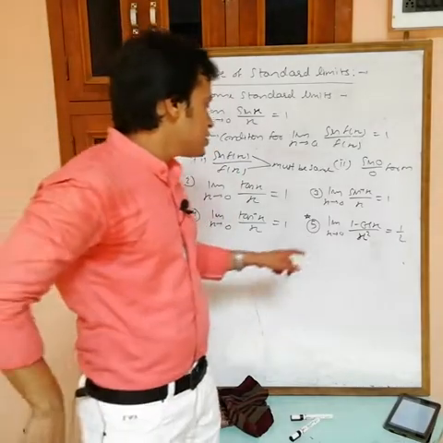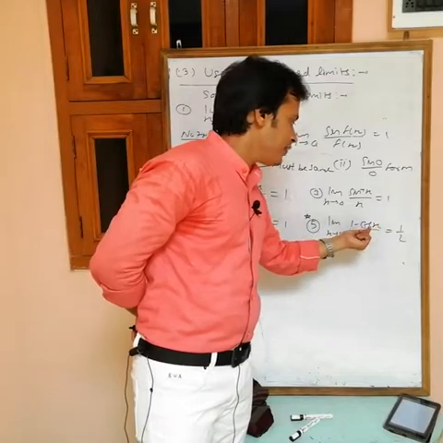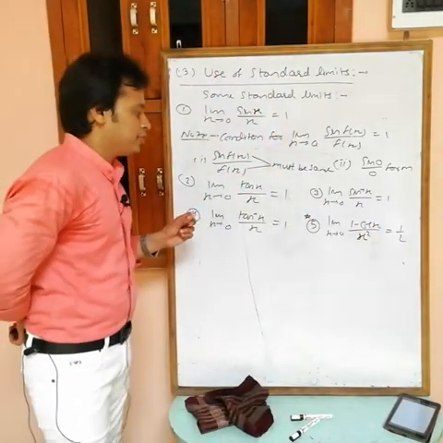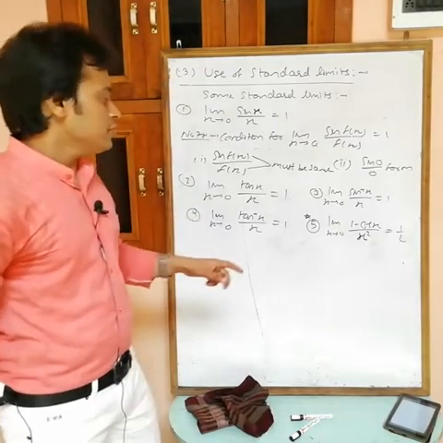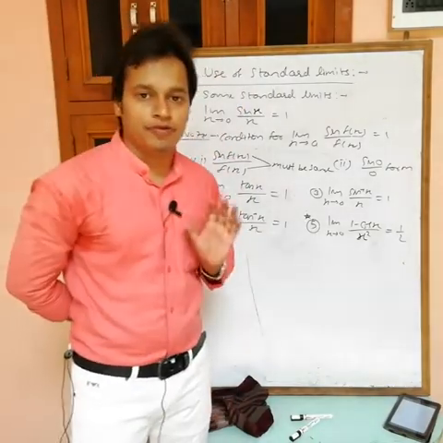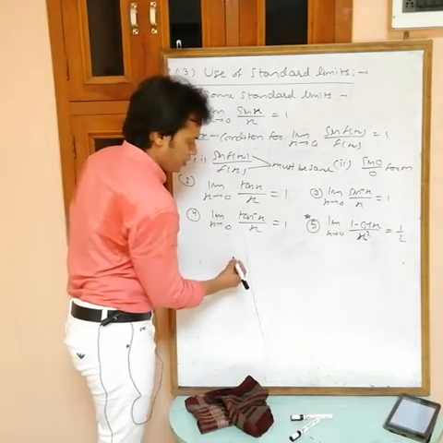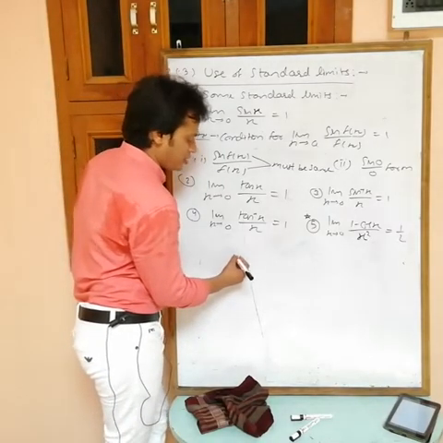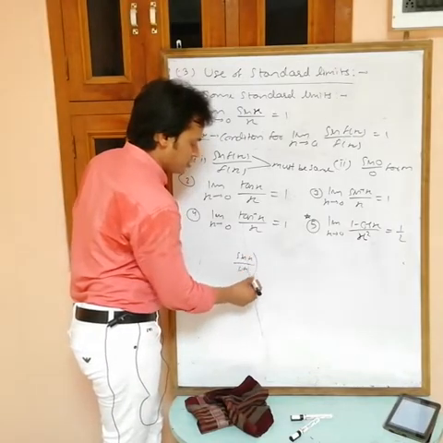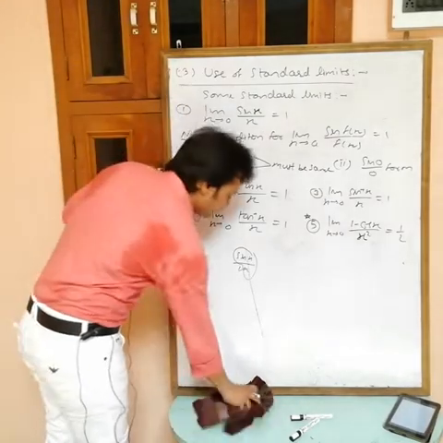Next, when we put x equals 0, this must be 1 minus cos 0, which means 1 minus cos 0 by 0 form, when we are putting in the limit. Now see, if you want to prove this one, if you put x equals 0, we get 0 by 0 form. So you can differentiate. If you differentiate the numerator, what do we get? The derivative of 1 is 0, the derivative of cos x is minus sin x, minus minus becomes plus sin x, and the derivative of x square is 2x. Now sin x by x is equal to 1. So the total value is 1 by 2.